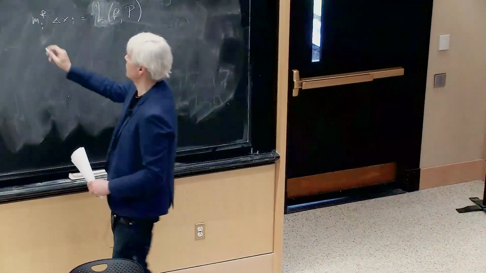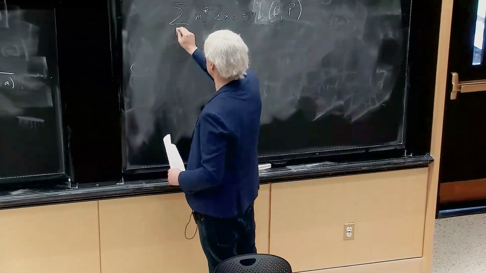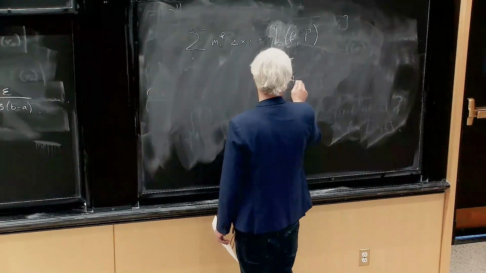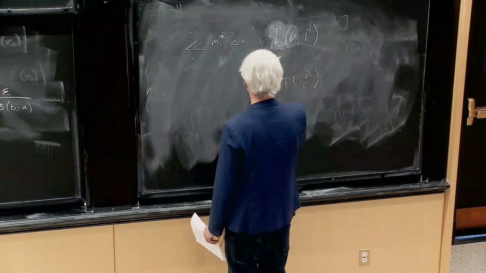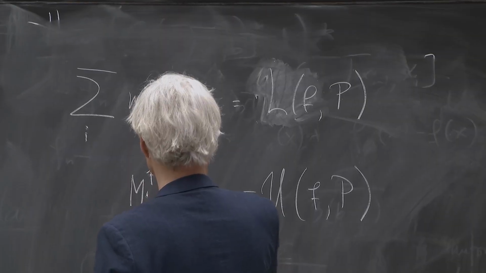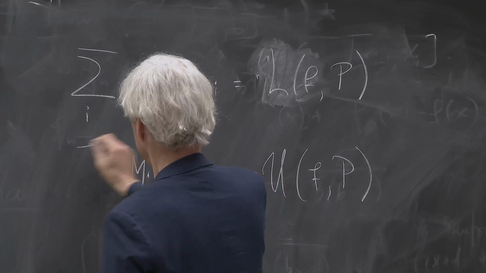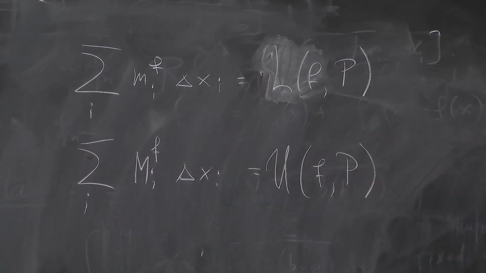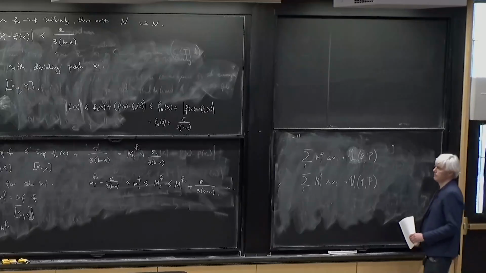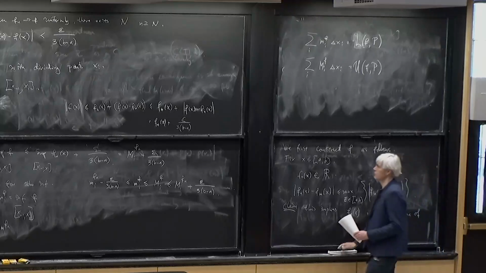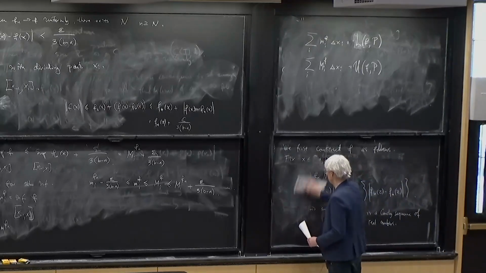Where you're summing here over the i. If you're summing the sups, then you're getting the upper sum, like that, right? And so now, so you take